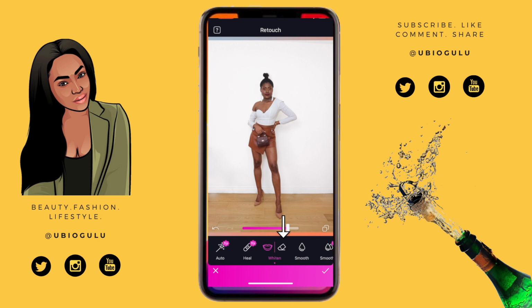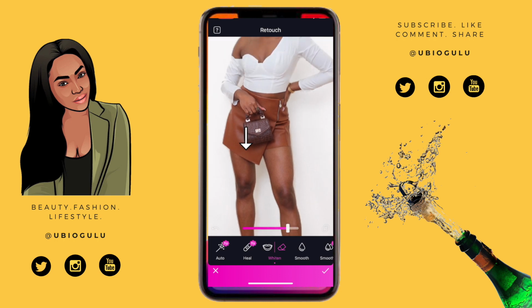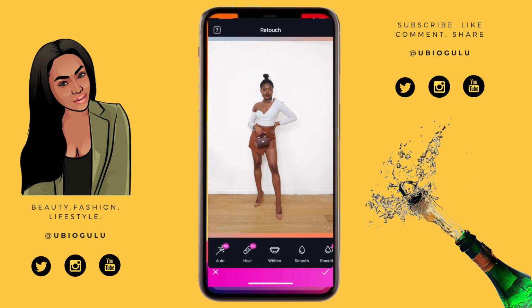When you click on the eraser for whitening, it'll show you in purple all the bits that you have whitened, and then you can use that to just check if there are any bits that you should erase. So you can see I whitened a bit of the floor, so I'm going to go and erase that. And I whitened a bit of the skirt over here, I'm going to erase that too. I think the arm there. And once that's done, once you're happy with whitening the background, then accept that edit